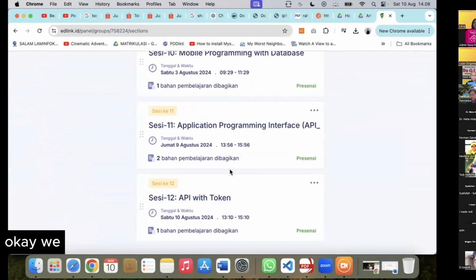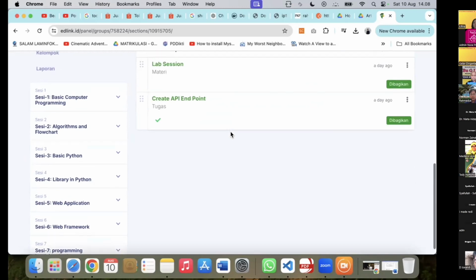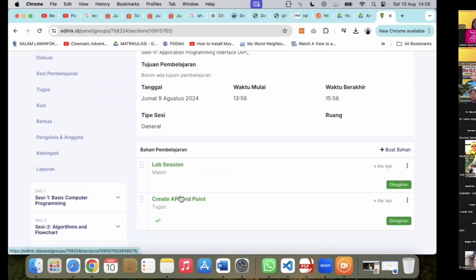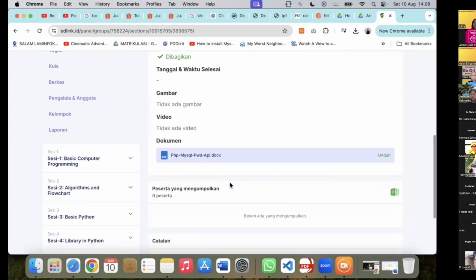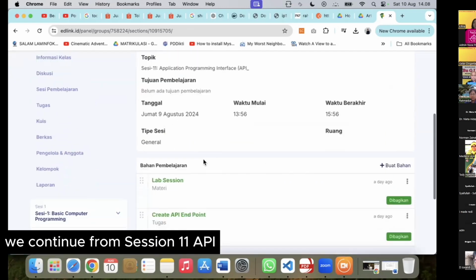Okay, we start the computer programming lab session in Edling. We continue from session 11 on API.